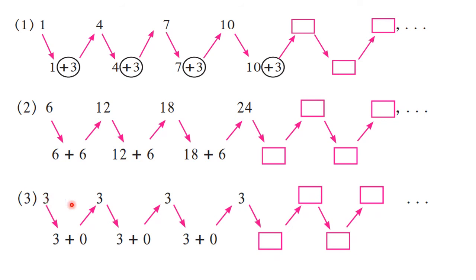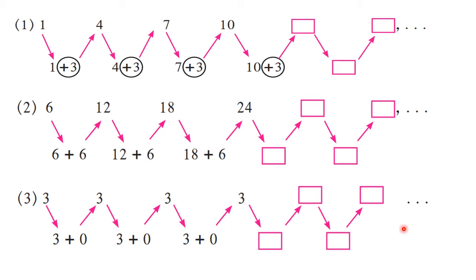Here we have a constant sequence, 3, 3, 3, 3, and so on. So here also, if we try to find the difference, it is going to be 0. See, 3 minus 3 is 0. That means when we add 0 to the previous term, we get the next term. So in the remaining boxes also you are going to get the numbers 3 and 3. Such sequences are called arithmetic progressions, or AP.